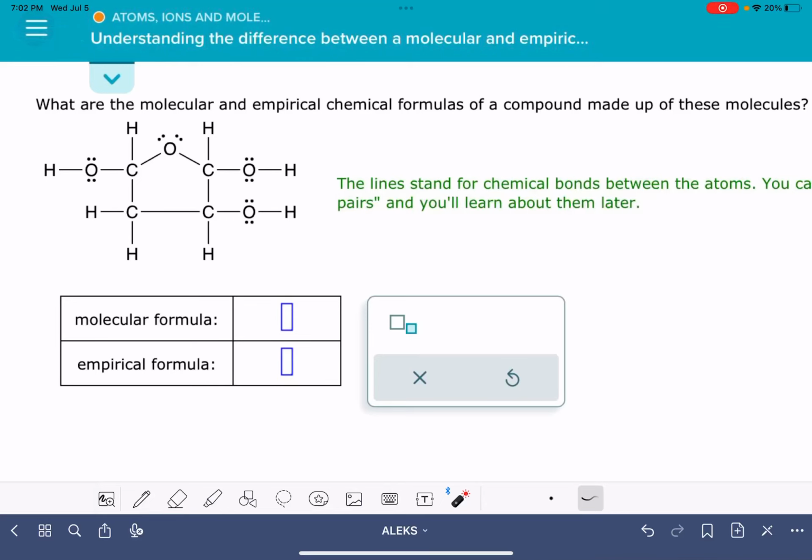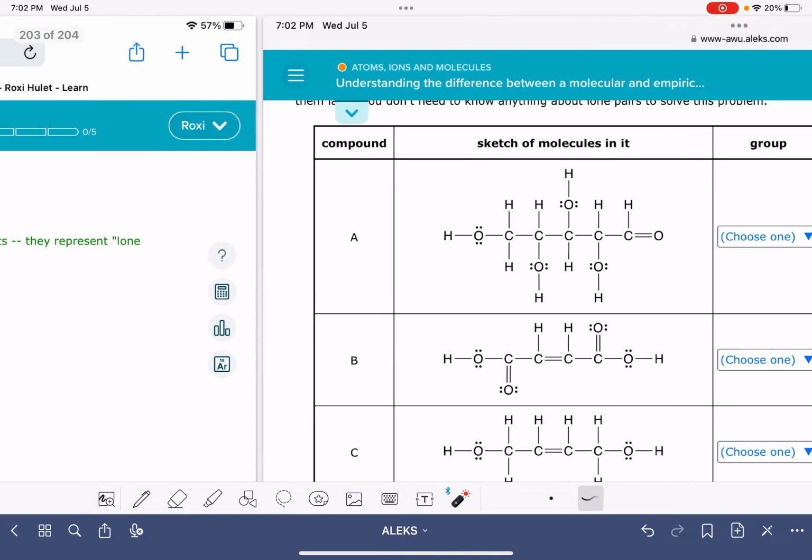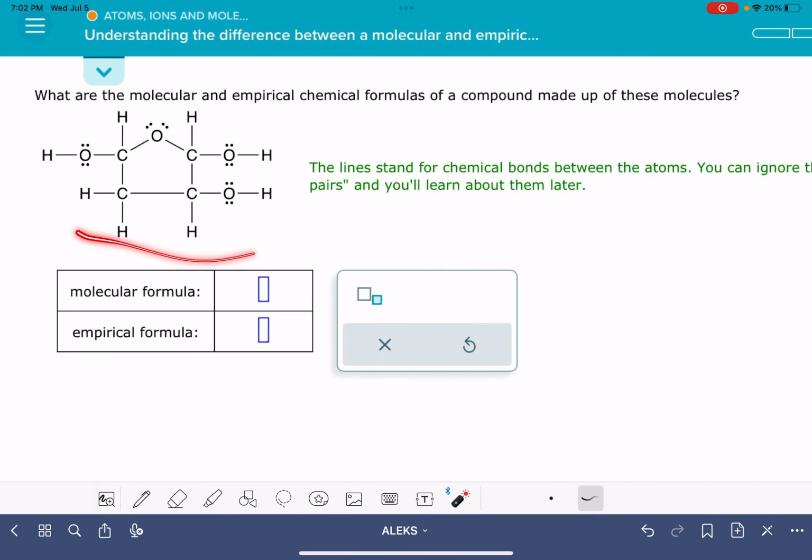In this video, I'll show you how to solve the ALEKS problem called Understanding the Difference Between a Molecular and Empirical Formula. There are two versions of this problem, and I am going to solve both versions of the problem for you in this video. So in this version of the problem, we're given the structure of a molecule, and we're asked to write its